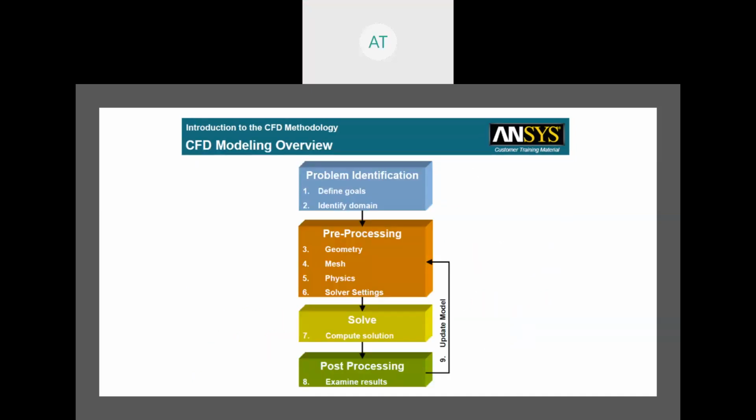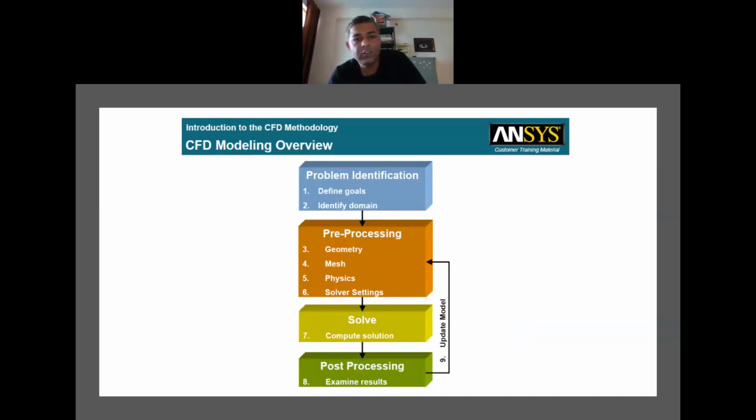ठीक है. तो CFD modeling overview. This is the problem. This much setup we have to do. First, we have to identify the problem. Okay, goals क्या निकालना है हमें, ये सबसे पहले जानना पड़ेगा. टेम्परेचर निकालना है या वेलोसिटी निकालना है, प्रोफाइल निकालना है. फिर डोमेन किधर पे निकालना है, क्योंकि अगर बहुत बड़ा सेटअप है, पूरी कार है, उसके किस पोर्शन में निकालना है, एग्जॉस्ट में निकालना है. You have to identify the domain. You cannot do modeling for whole car. Okay,